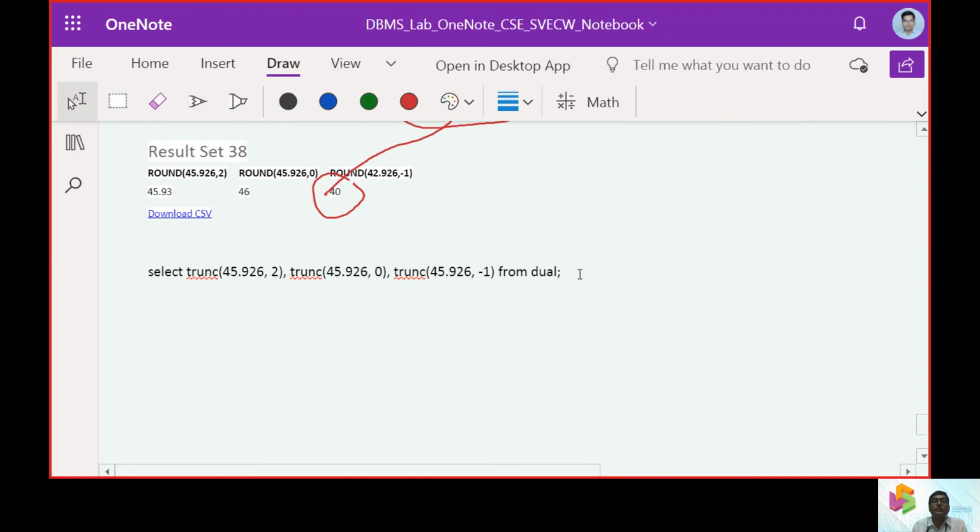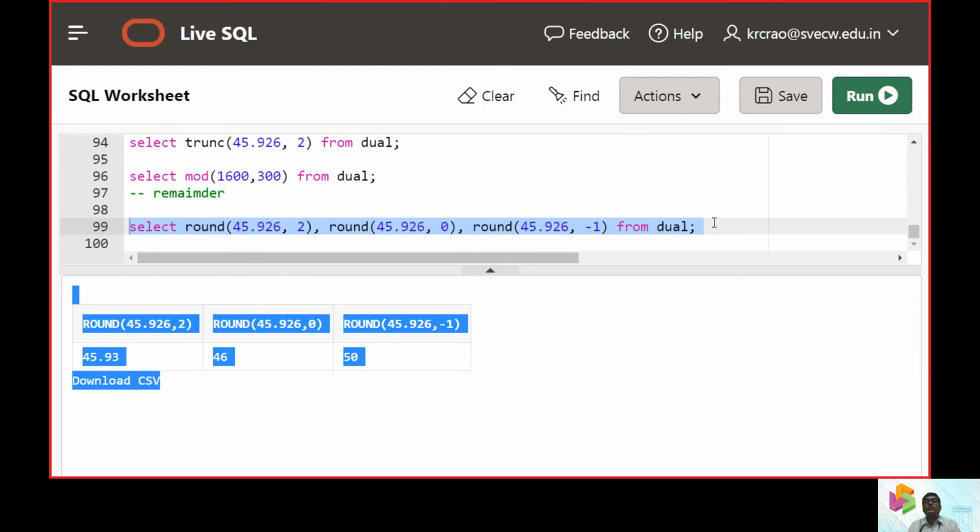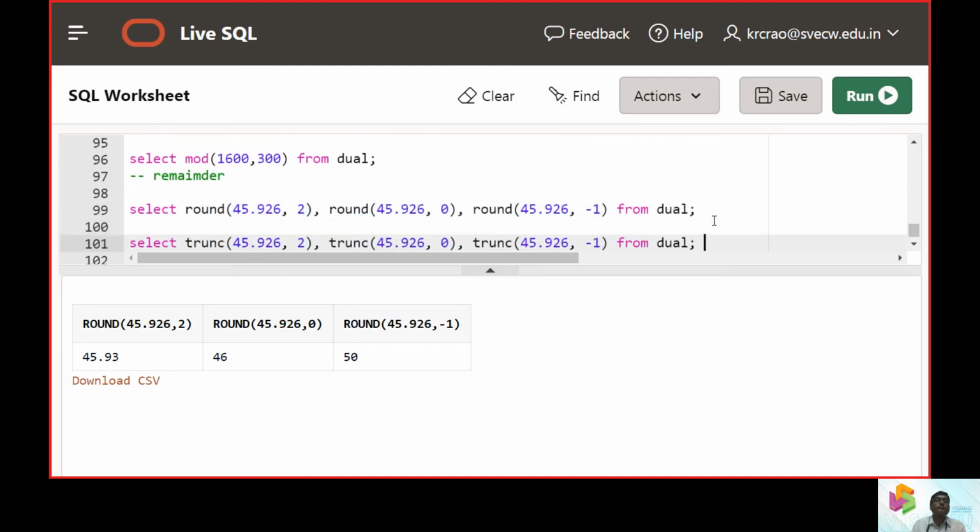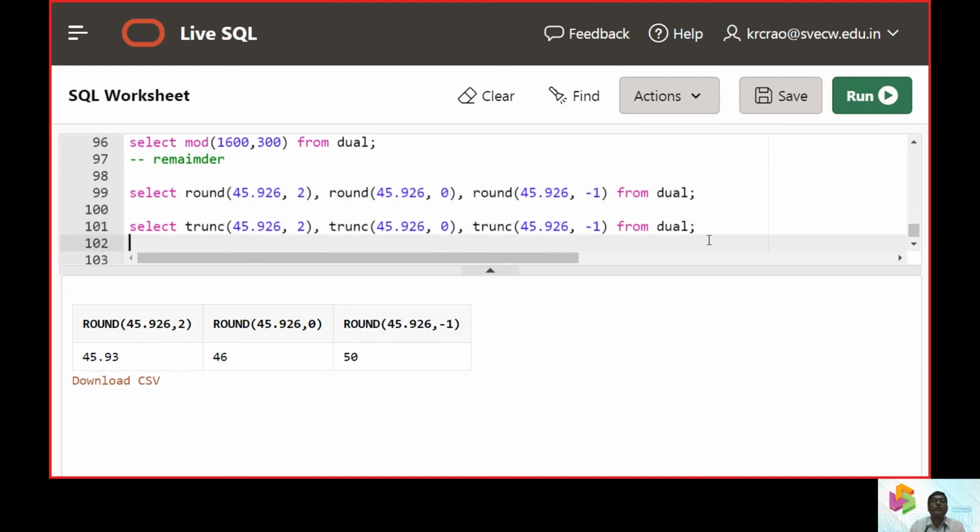Now let us see what the values will be when we use the function called truncate. It was 45.93, 46 and 50 as observed. For the same values, now we are going to run it and check what happens.